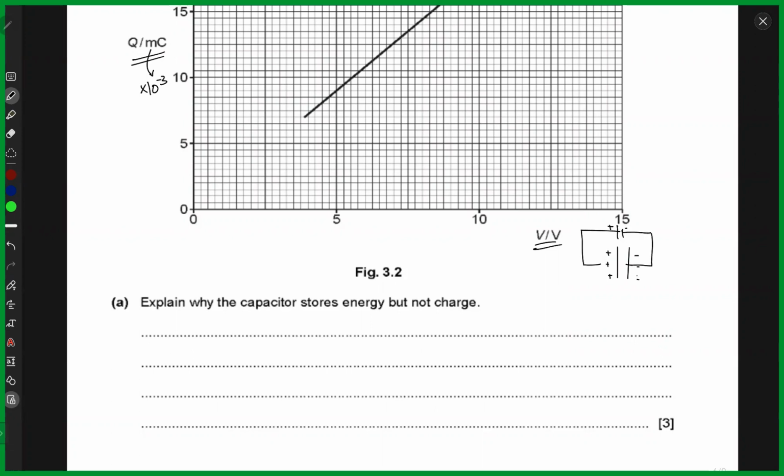And what happens is that the charges on these plates are equal and opposite, which means that if I were to add these charges, the net sum would vanish or give me 0. And that means that there is no net charge stored on the capacitor, and so we cannot say that there is any charge stored on the plates